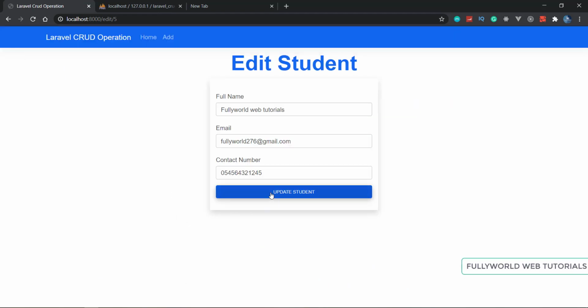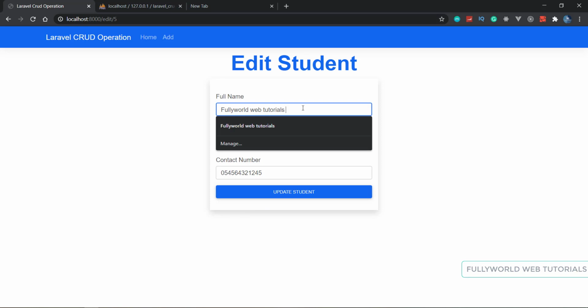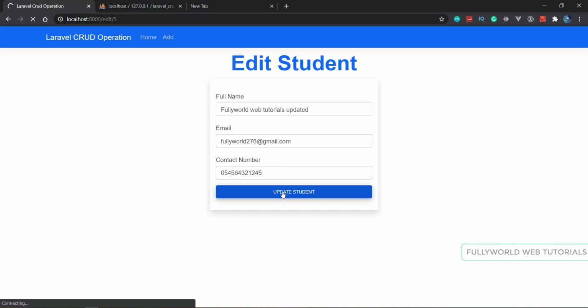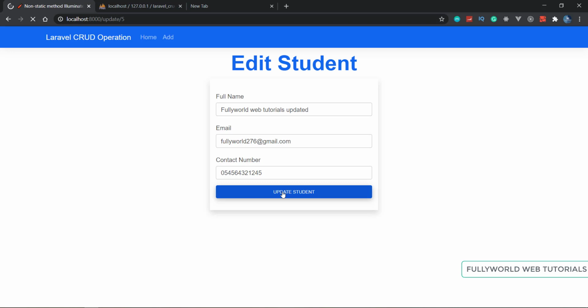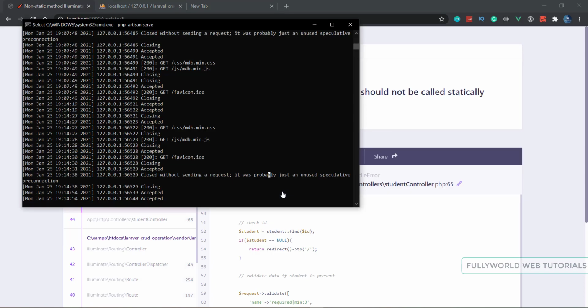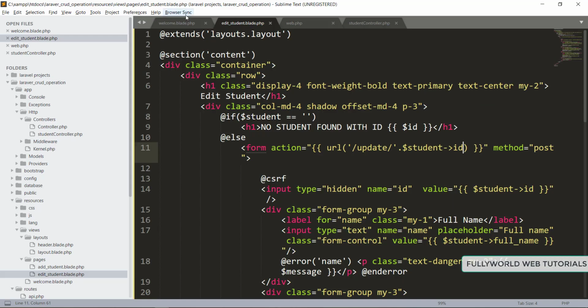When I click on update student, here I'm going to write Fullywood web tutorials updated. So I'm going to update this. Let's see if we are getting any error or we are getting success. So: non-static method update should not be called statically. So we are getting one error.